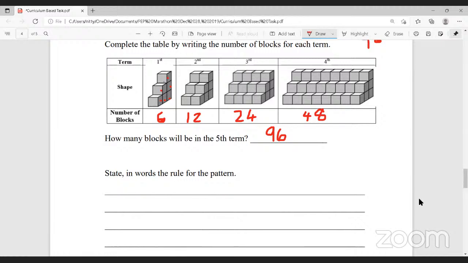Go ahead and type the rule. And while you are typing the rule in the chat,